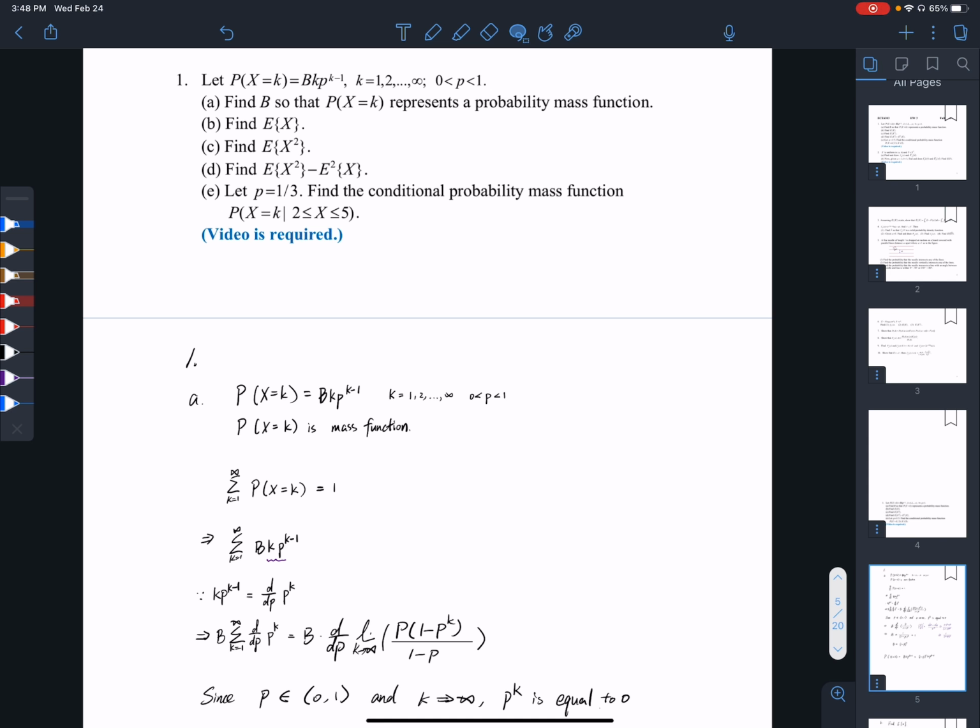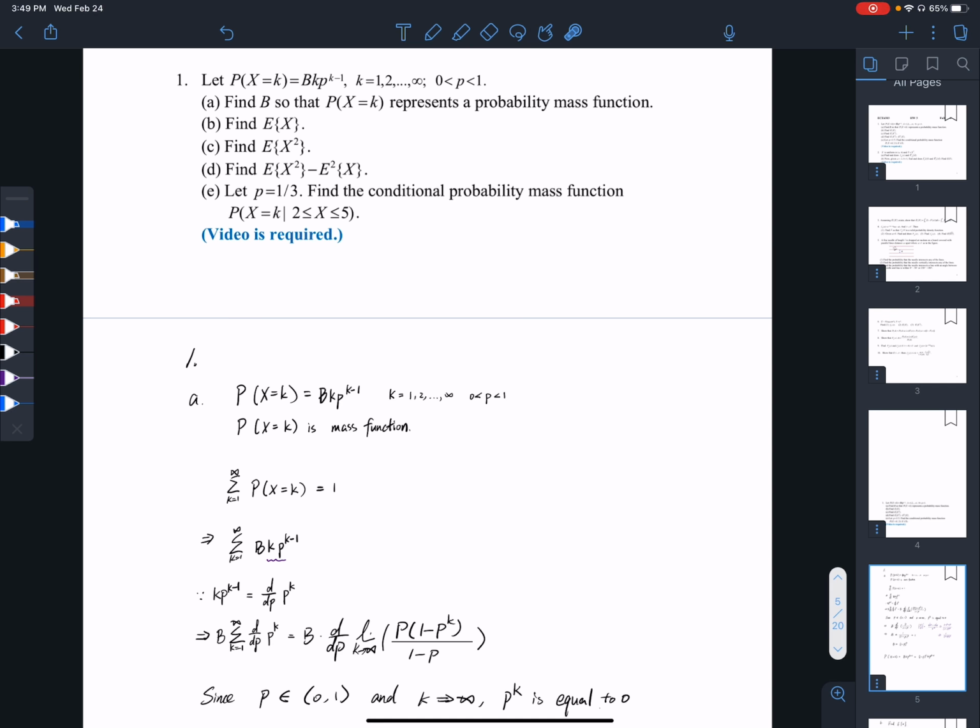So the question is: the probability that X equals k is equal to b times k times p to the power k minus 1, where k is from 1 to infinity and p is between 0 and 1. And question A is: find the b so that the probability X equals k represents a probability mass